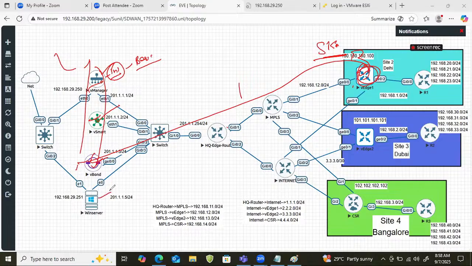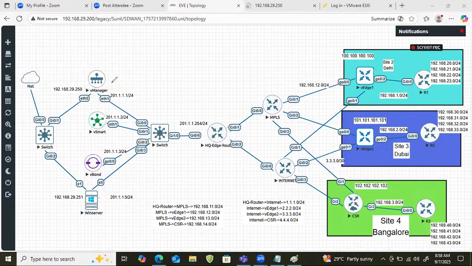Then after that, this is my Windows server that I need to make a CA server. CA server means certificate authority. So we need to install certificates on these devices for authentication purposes, on every device which is in the same domain. That certificate is called the root